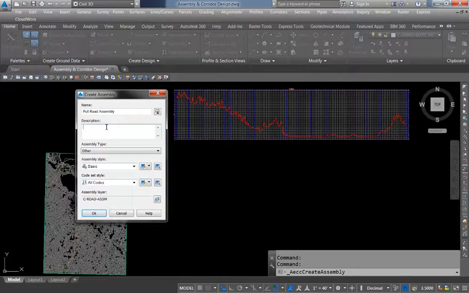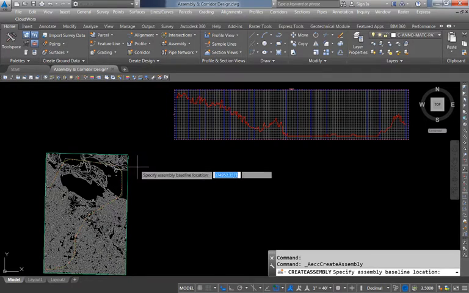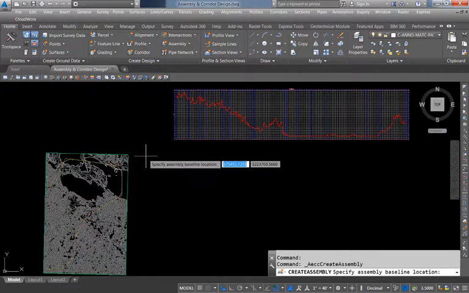I could give it a description, which I will leave blank for now, and there are many different assembly types. We can just leave the default other type for now, that's fine. Same with style. Basic style is a good place to start, as well as the all codes set style and the default layer. So I will click OK, and then my cursor is telling me to specify the baseline location